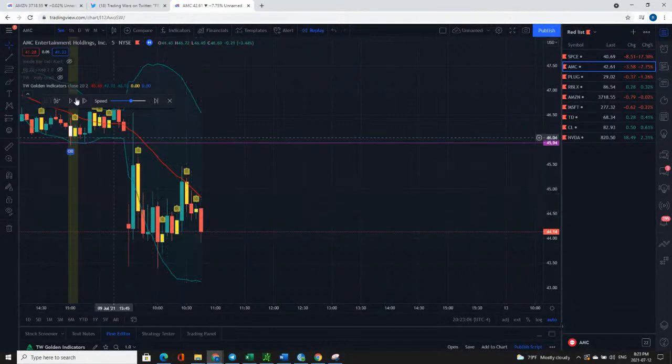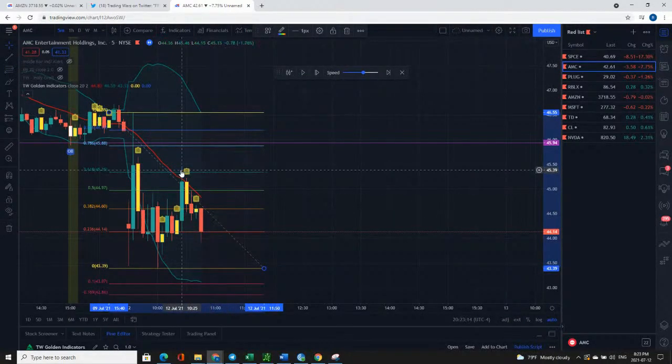This one was a short right here. If we draw the fib here, we can see that that's on a fib, pretty sure. So we'll go high to low. Okay, beautiful on the 618. That's exactly what I suspected, 618 rejection. So this is the morning leg from my book right there.